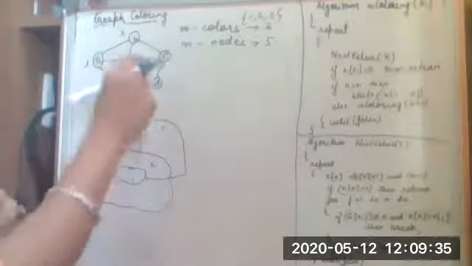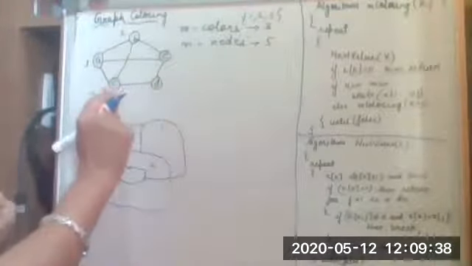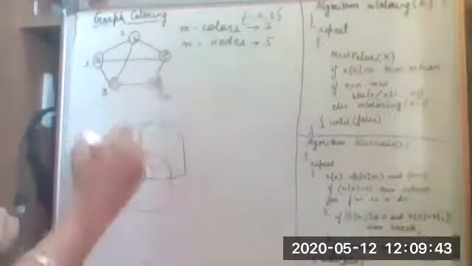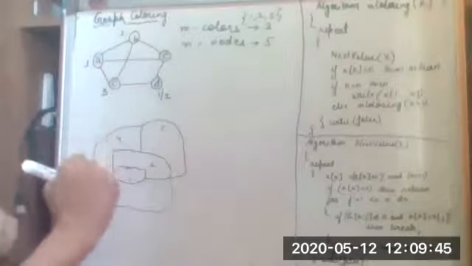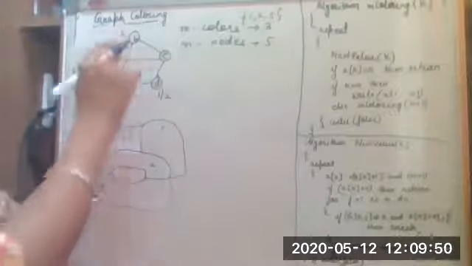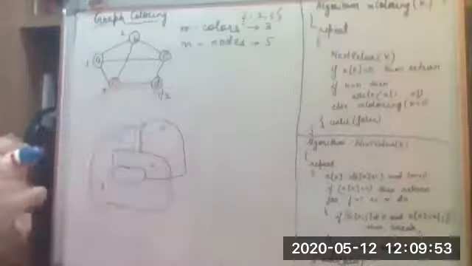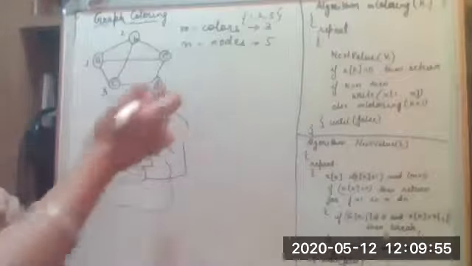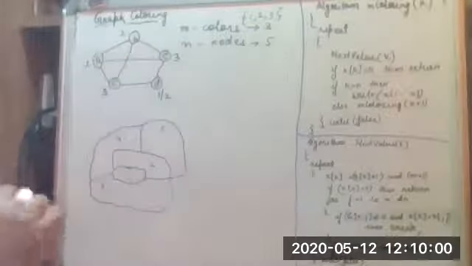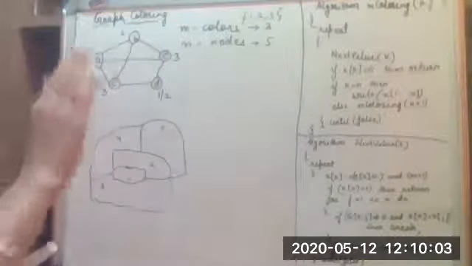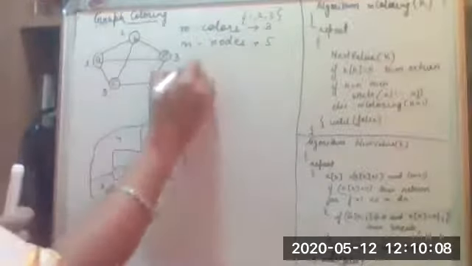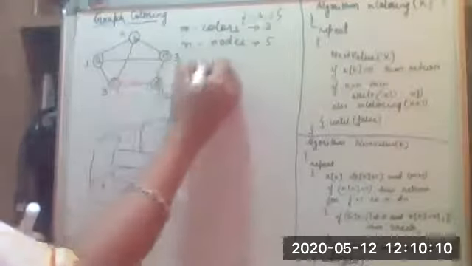Similarly, for D, D is connected to only C, so it can have either 1 or 2. It can have any of the colors 1 or 2. E, because it is connected to A and B, which are having 1 and 2, as well as D, which can have 1 or 2, so in that case, E will have a color as 3. I hope the logic of graph coloring is clear, and we call this as M colorability